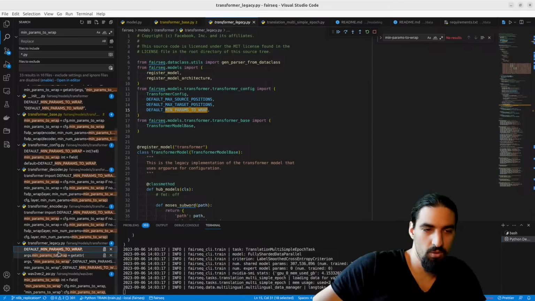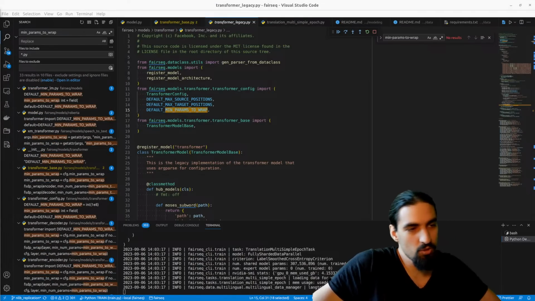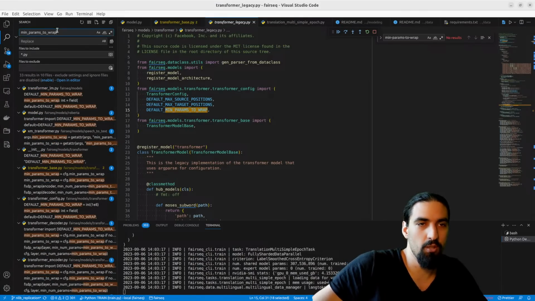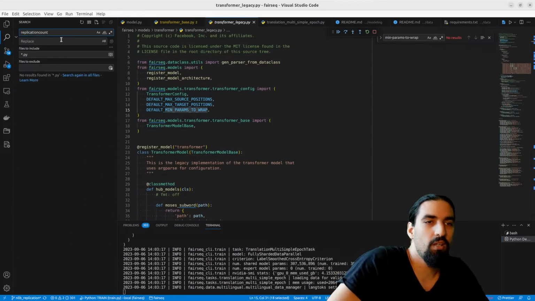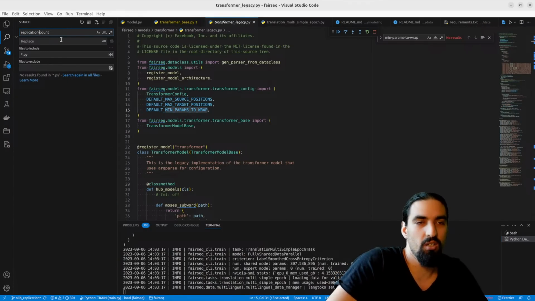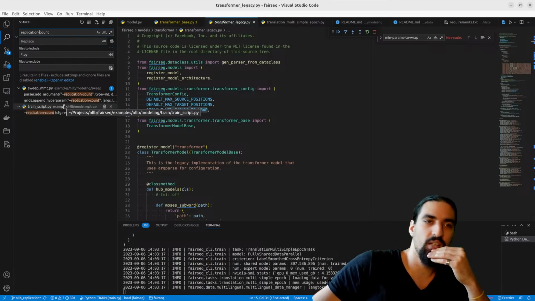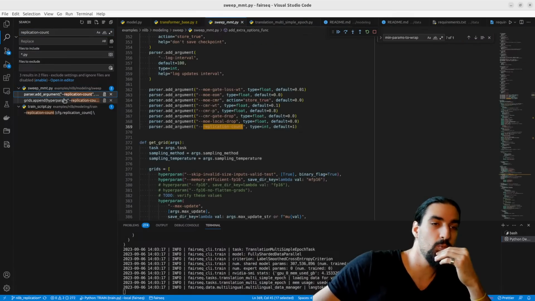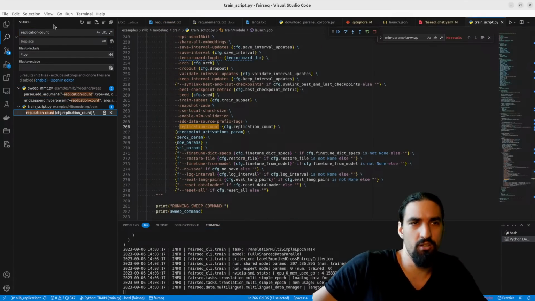Let's continue legacy. Yeah, okay, we can kick off the training again. Let's also see, while we're here and we're setting breakpoints, we're in the business of setting breakpoints now. Replication count. Let's see how replication count is used exactly. Is this the data parallel setting? Is this the data parallel degree, replication count? How many times we have to replicate the model? That's my understanding when I hear this name.